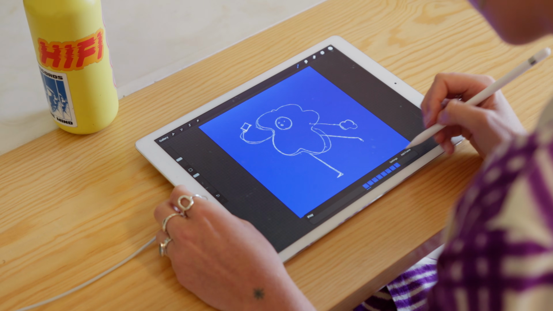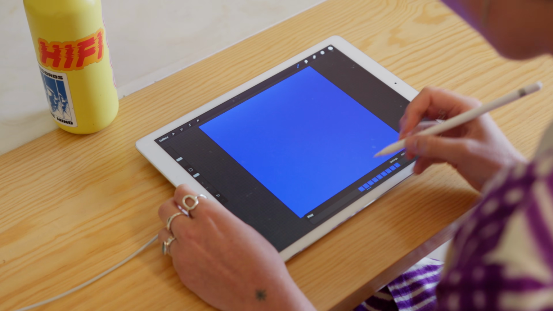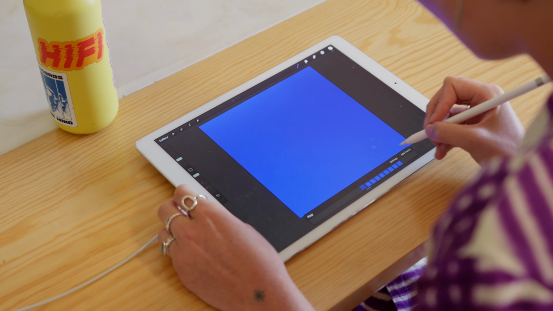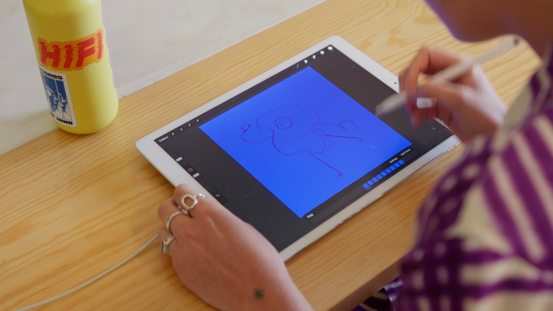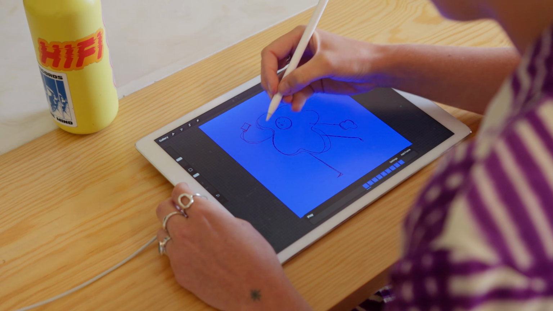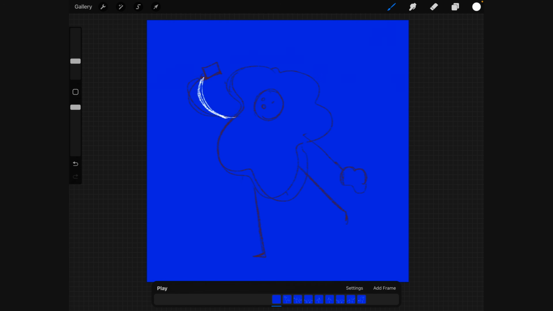Let's add in some more frames and fill this out a little bit more. Let's add another frame in here. And we can maybe have him actually sipping the coffee. We can have a bit of a slower motion, so not so extreme, where he's tipping the coffee into his mouth, getting that first sip of the day, and maybe reaching up for it a little bit like that. And this body shape is going to stay mostly the same.